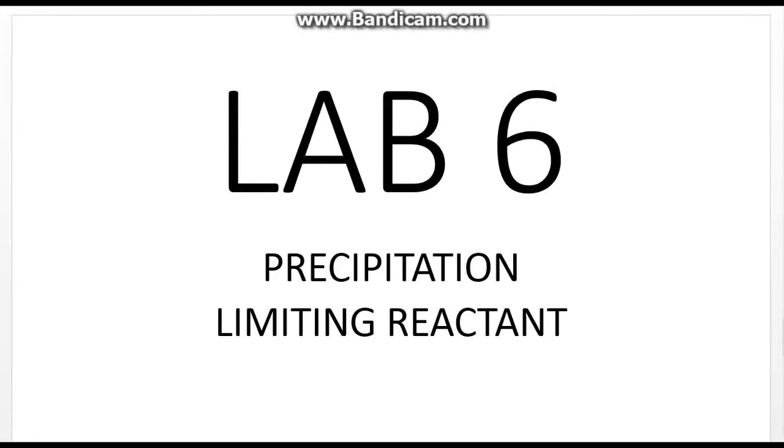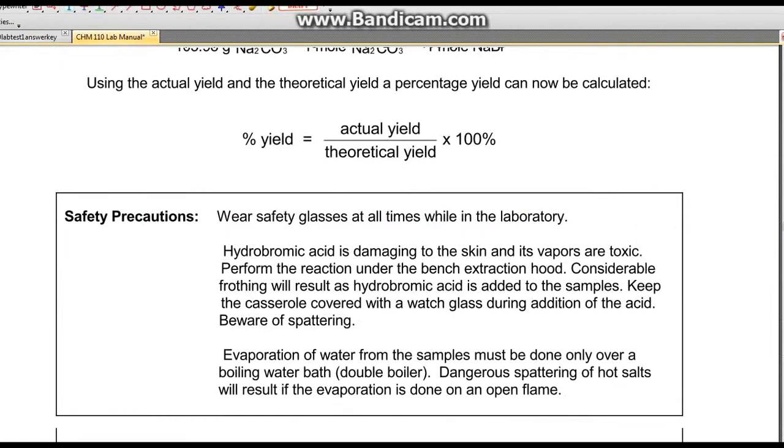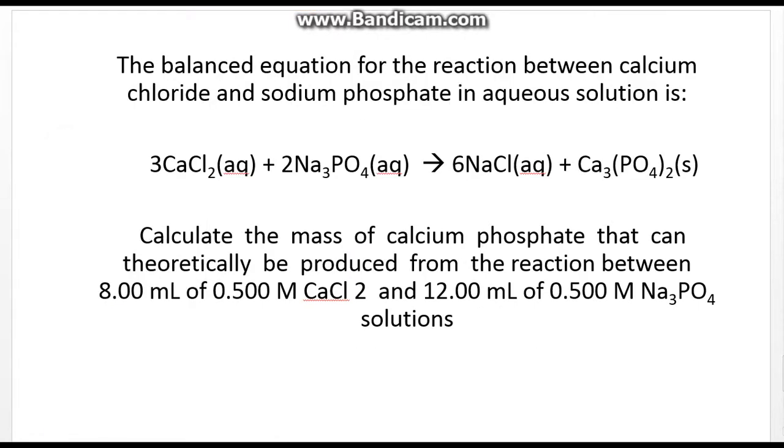So that brings us to Lab 6. This is precipitation and finding your limiting reactant. Okay, so step 1 of this is to find the quantity of moles that you have of each of these